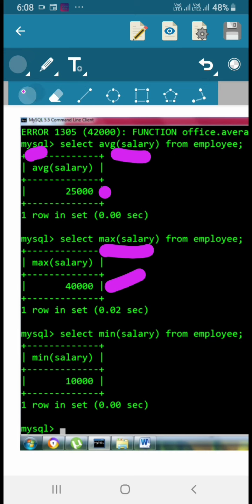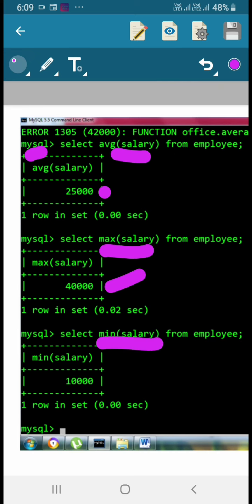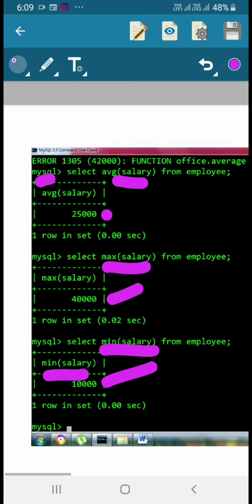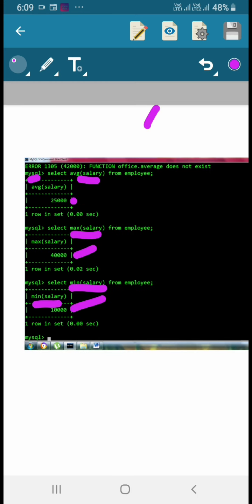Now see this example. In this example, max salary is finished. Now minimum salary: select min salary from employee. We will get the minimum salary, that is 10,000. Alias name also we can give, like select min of salary as double quotation minimum salary double quotations close from employee. Instead of the column name, it gives you minimum salary, 10,000, students, right? So maximum and minimum are finished. Now the next function I want to show you.